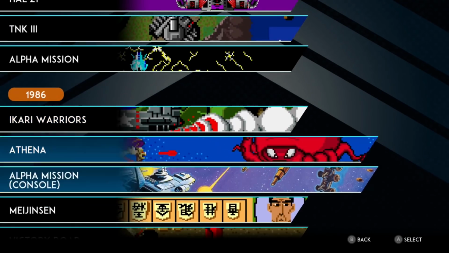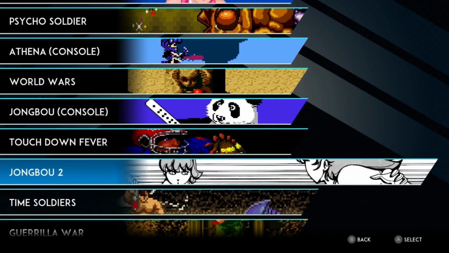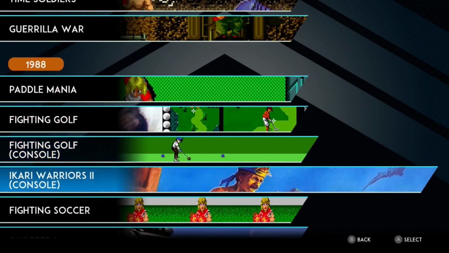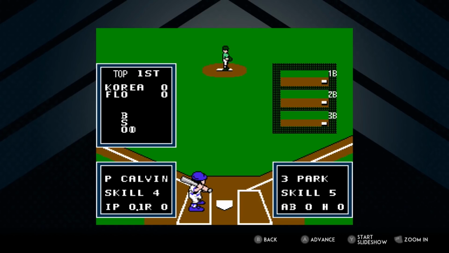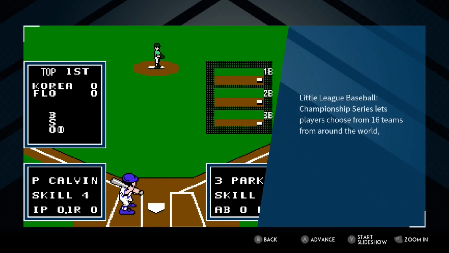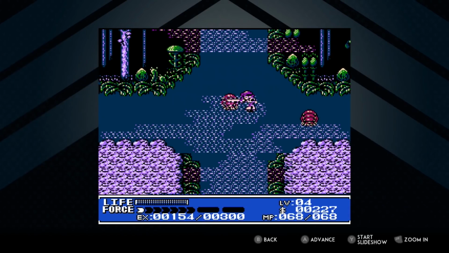A timeline shows off SNK's games starting in 1979 and going up to 1990, with each released product having a brief slideshow made up of factoids, development history, concept art, and screenshots. The timeline is a light and easy way to uncover details about each game, and why they're important to the trajectory of SNK. It would all be even cooler if you could go right from the timeline to playing each